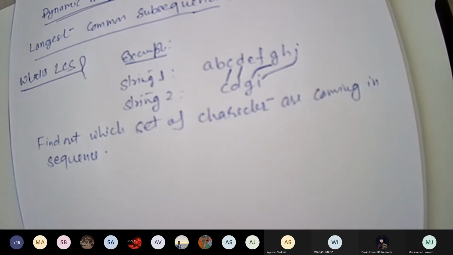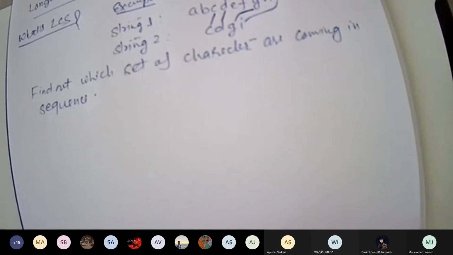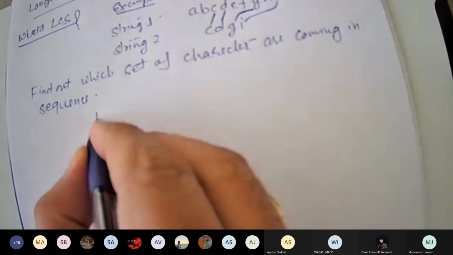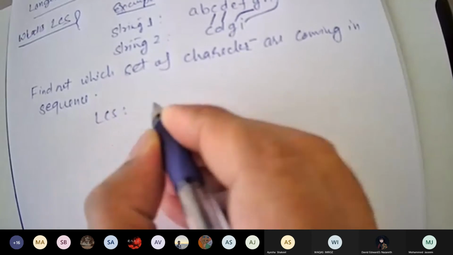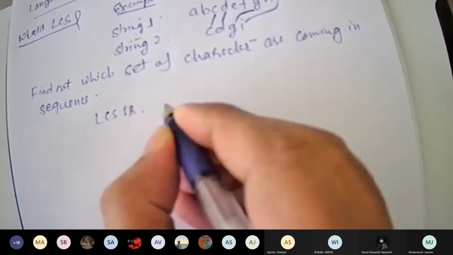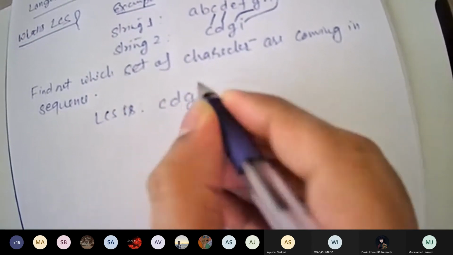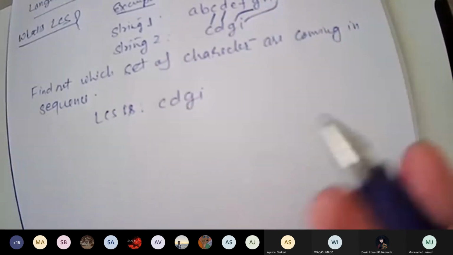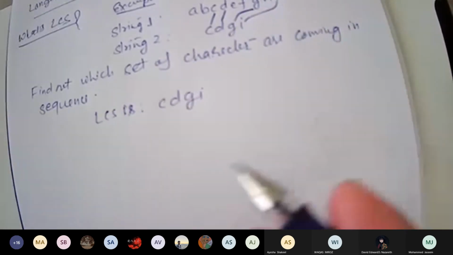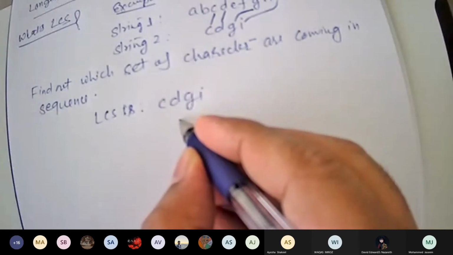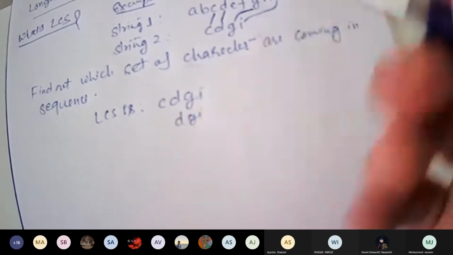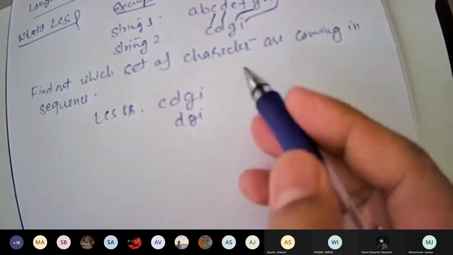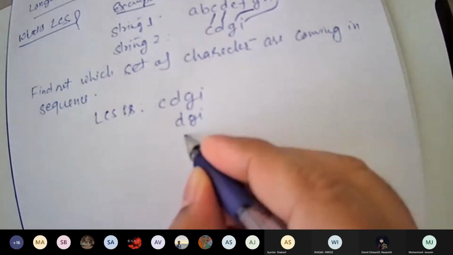So, what is the longest common subsequence here? LCS is CDGI. So CDGI, everything is mapping. Now, if you will see, DGI is also mapping. There is another chain. DGI is also mapping. GI is also mapping.